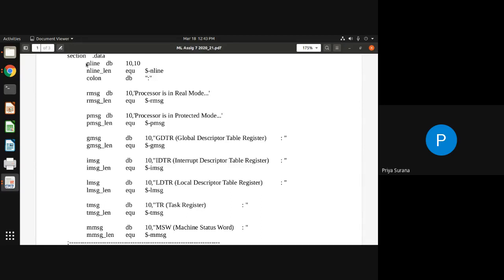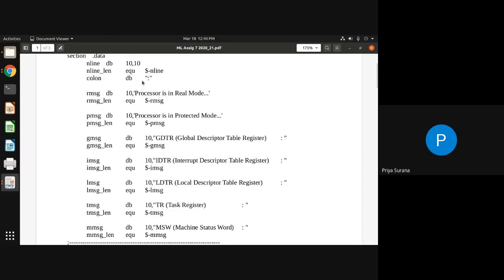Why to declare messages in the data section, how to declare them, and what their significance is are all covered in that video. For new line, one message is given. You can directly use this message for a new line, like \n. For colon, one message is declared.